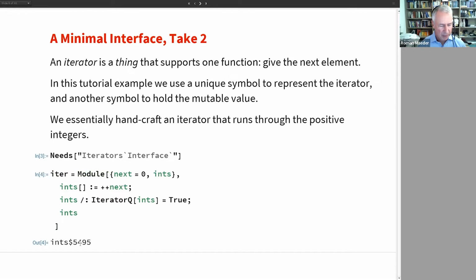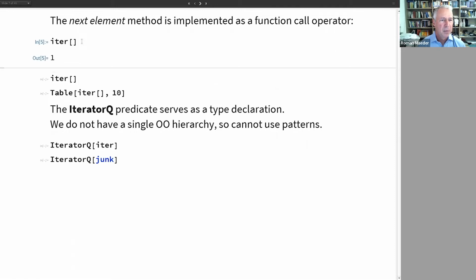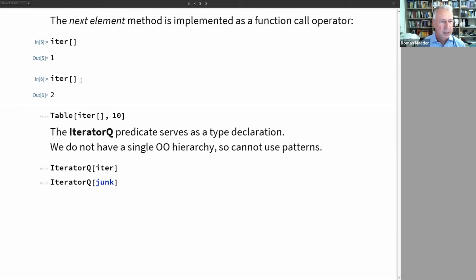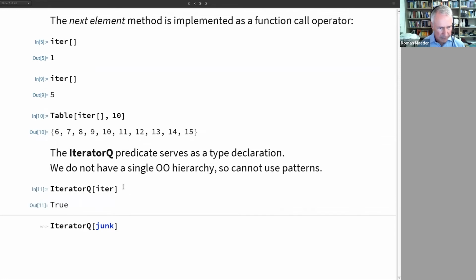And so here is my iterator. It doesn't look like much, right? I mean, it's completely opaque. You could, of course, dissect it, but that's really not necessary. Every time you call this iterator, it will give you the next value. So next 10 values and so on. And it is an iterator, so all the support code knows that it